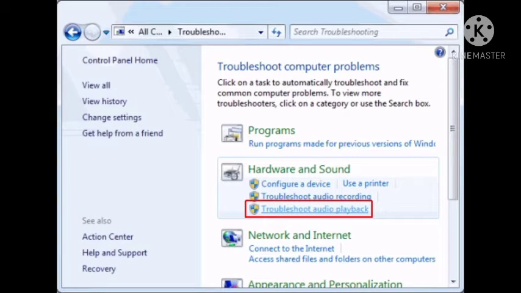Make sure that the speakers are properly connected with the CPU and the power supply to the speakers is on. Make sure that a sound card and its drivers are installed in your PC. If drivers are not installed, consult your hardware engineer to get them installed.